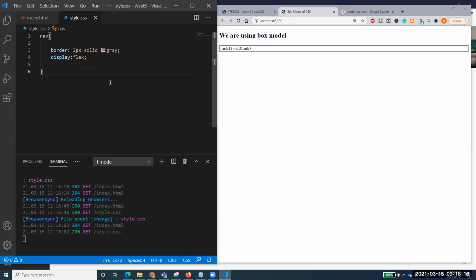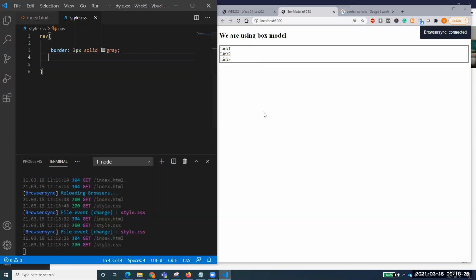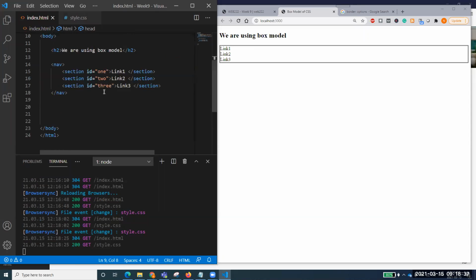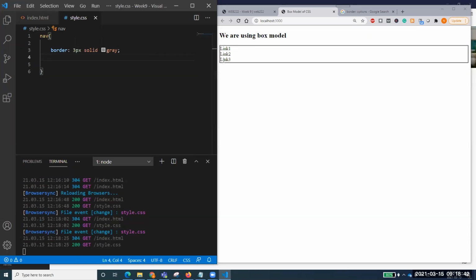Right? So if you see here, the first thing that it has done. So if I just remove that, first of all, look at my output on the right side. If I save this one, these links are coming like this, because section is not an inline element, but rather it is showing us a new line every time a new block is going into this section tag. So you see that section ID1, ID2, ID3 are coming into different lines, right?